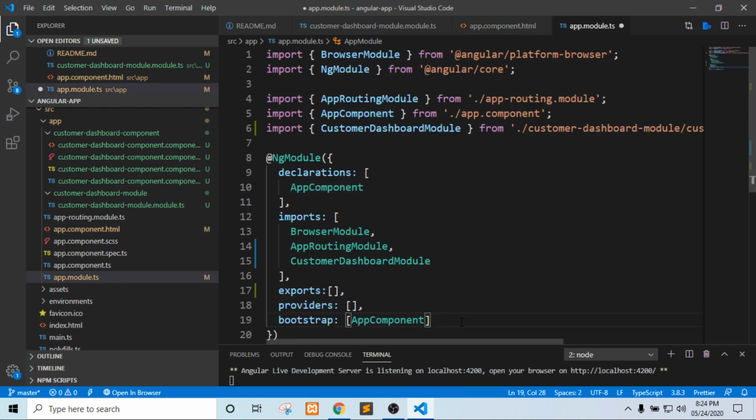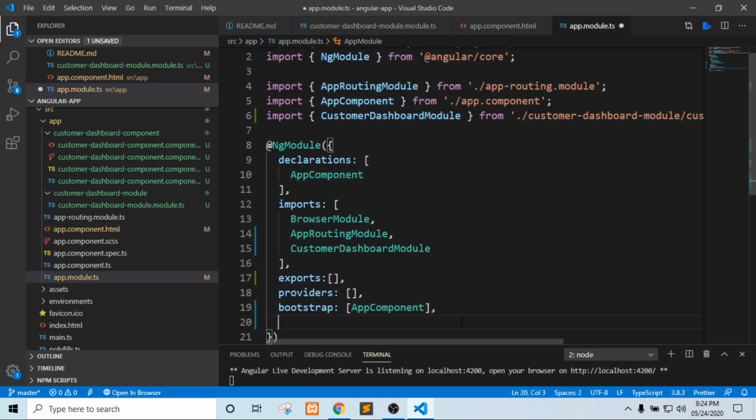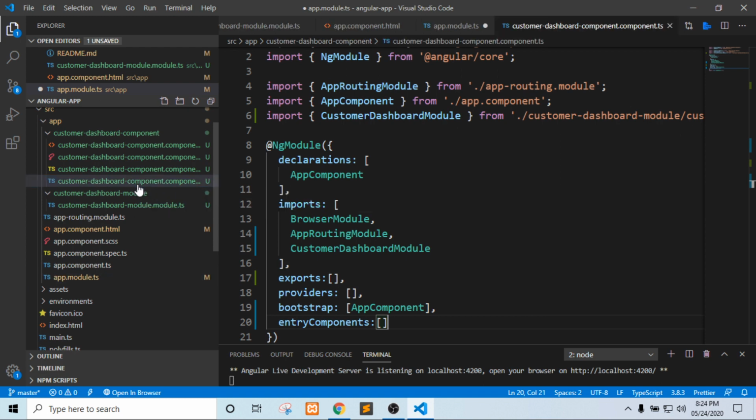There is one more, entry components. In Angular there are two ways by which we can use a component. Like if I have created one component here, you can see this customer dashboard component.